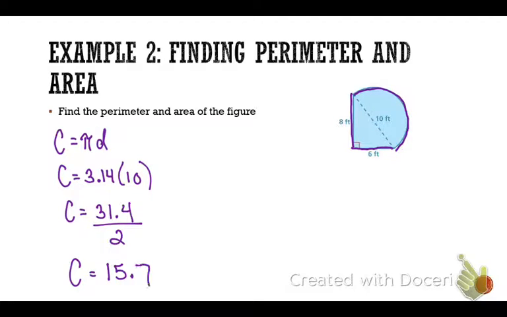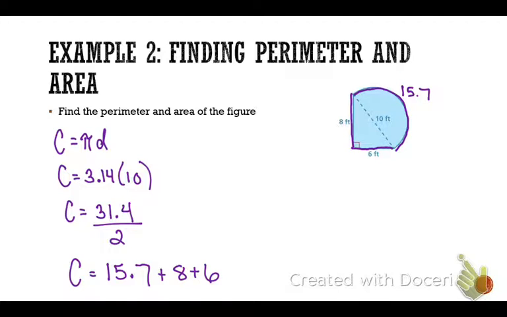15.7. Okay, so now I know that the circumference of the semicircle is 15.7. What else must I add to 15.7 to find the perimeter of this figure? What else do I need to add, guys? 8 and 6. So that gives me all of the dimensions that I need to find the perimeter of my composite figure. So 15.7 plus 8 plus 6